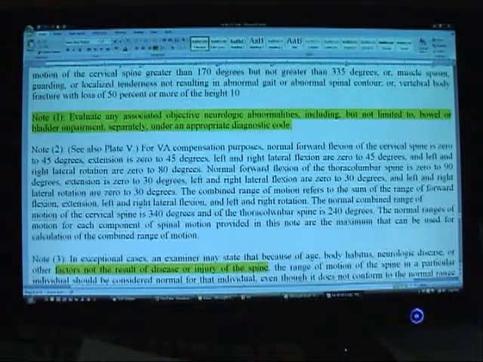The combined range of motion refers to the sum of the range of motion of the cervical spine, which is 340 degrees, and the thoracic lumbar spine, which is 240 degrees. The normal range of motion for each component of spinal motion provided in this note are the maximum that can be used for calculation of the combined range of motion. Note 3,